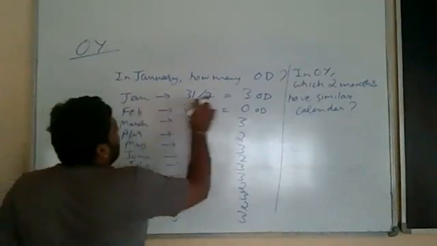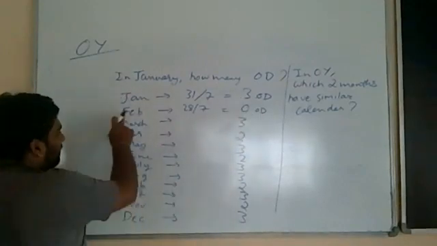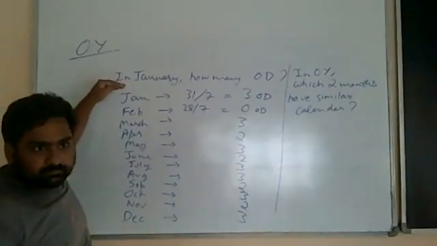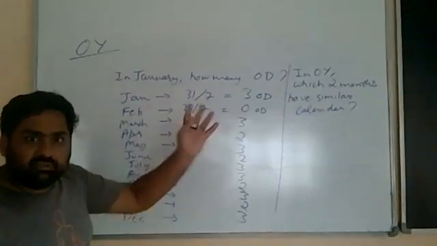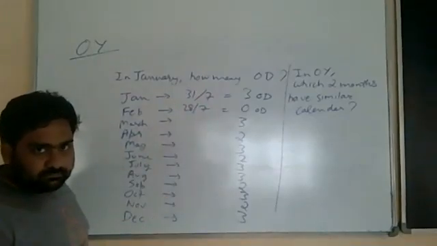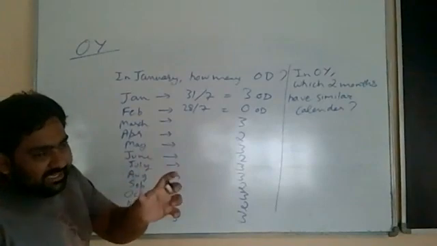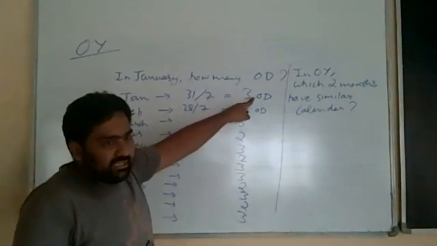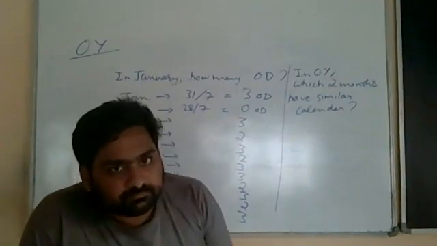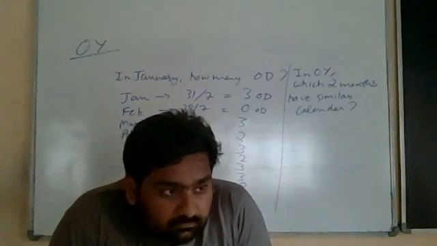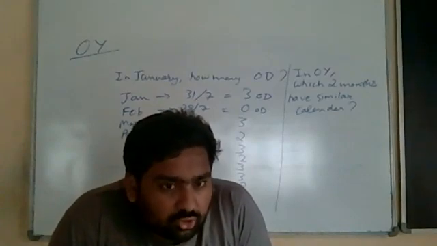See, January has 3 odd days, no? February has 0, March has 3. So just consider January in the count. We started counting, and in January we got 4 weeks, with 3 days remaining, but a new week has already started. So that new week will have 3 days from January and 4 days from February. Is it not so? Understood or no?